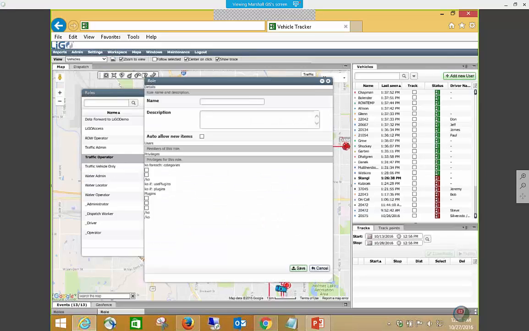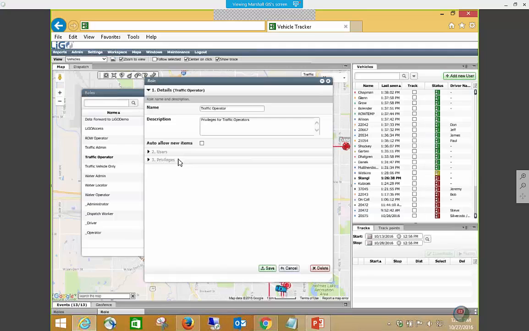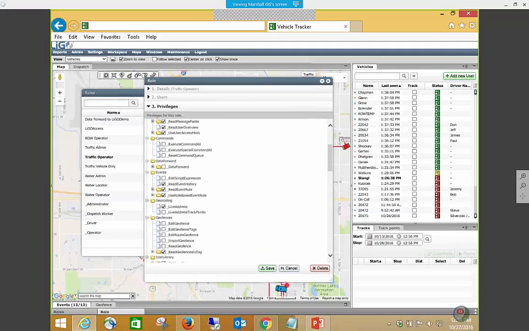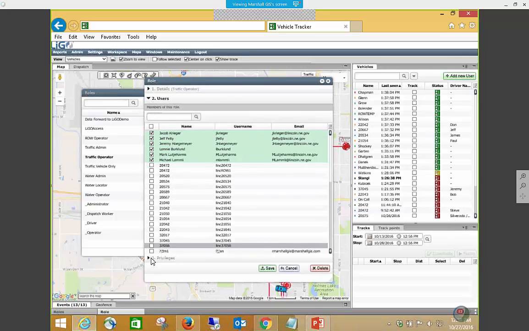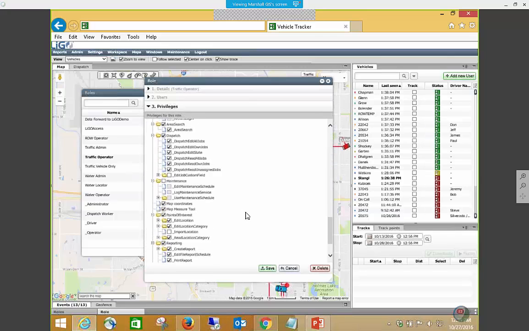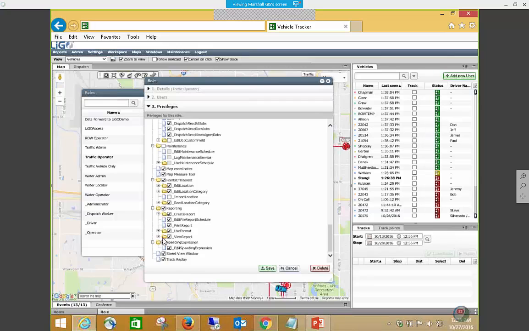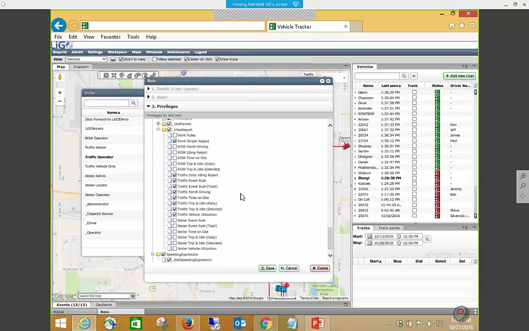And then if we pull up one of these existing ones, I just want to give you an idea of how we can set the permissions for this particular role. So again, there's users that are defined in that role, and each one of those that are part of that role will only be able to see certain reports when they log into the system. So, for example, if we go down here to view reports, as part of that role, all they're going to be seeing are these traffic-related reports that are defined for them. Whereas, again, if we pick water, they're going to be seeing the water-related